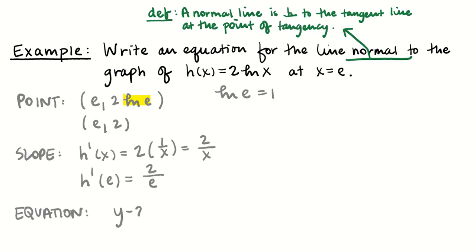And that's going to be y minus 2 equals, wait a second, I forgot that I'm not writing the equation of a tangent line. I'm writing an equation of a normal line. So the perpendicular slope,